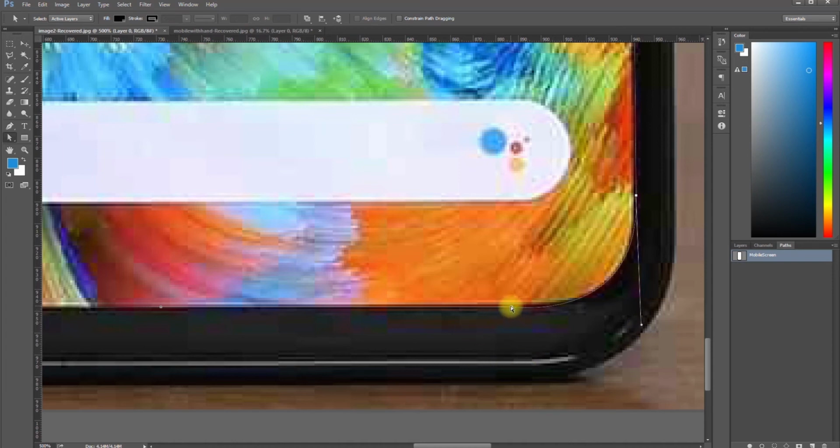Now I'll click on this anchor, and I have used the arrow key to make it go up and down. You can use arrow keys to move an anchor up, down, left, right.